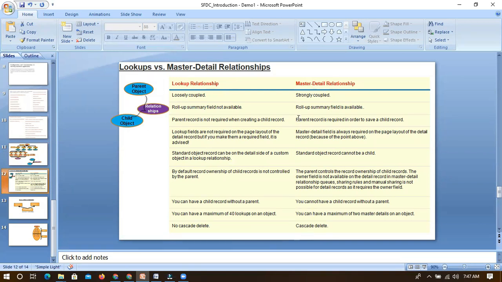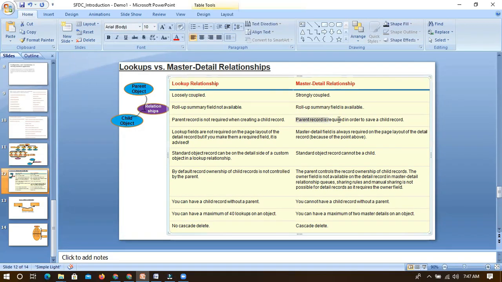We have gone through multiple times what lookup is and what master detail is. Now the question Shiva asked is how we can convert lookup to master detail. Yesterday we discussed that, but I'll create it again. If I have a lookup relationship and want to convert it to master detail, the first mandatory thing is the parent record.